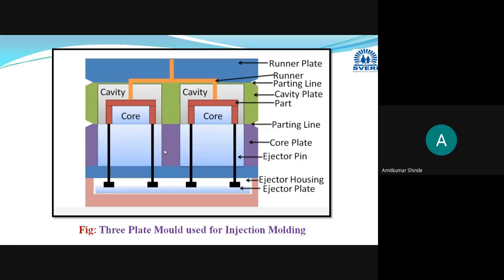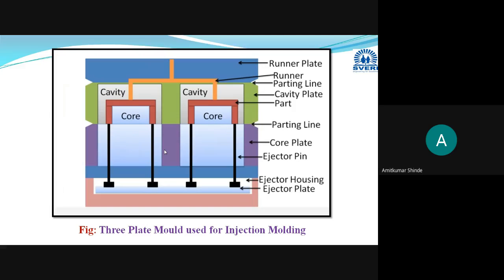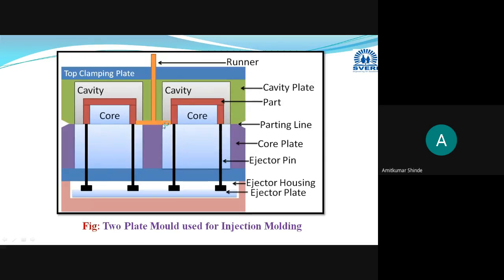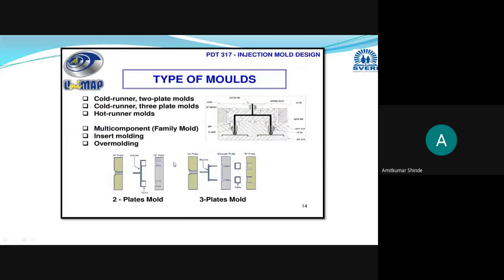Three plate mold requires more lead time or cycle time. Two plate mold takes less cycle time and less cost. Less cost, less cycle time, and then you can say that simple design is there. Here more cost is there, more lead time or cycle time is there. Here which advantage you can obtain: a runner you can separate it or arrange it on a different parting line, okay. Here you have to arrange it on the same parting line. This is the comparison, okay. Here again same diagrams are there, two plate molds and three plate molds.